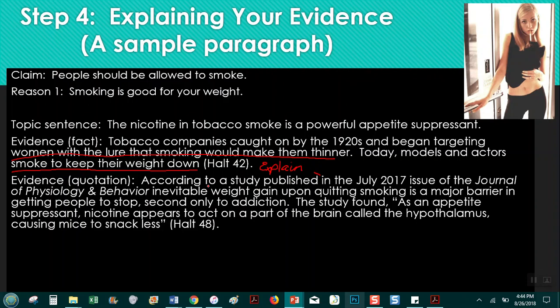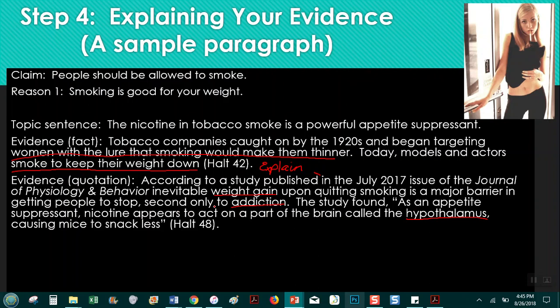According to a study published in the July 2017 issue of Journal of Physiology and Behavior, inevitable weight gain upon quitting smoking is a major barrier to getting people to stop, second only to addiction. A study found as an appetite suppressant, nicotine appears to act on part of the brain called the hypothalamus, causing mice to snack less. Now, what's interesting to me was how the student decided to use this evidence, because you could say,